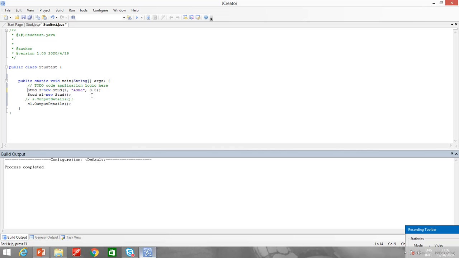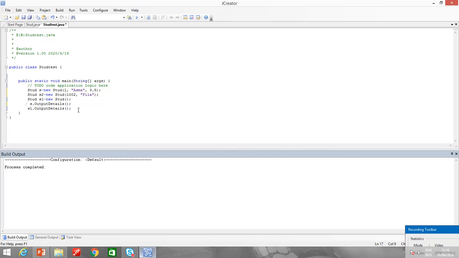One object is created. Okay, let me create another object, stud s1 is equal to new stud, and I'll pass here 1002 and fila. Alright, and here is the default constructor. Let me make it s2, another object.